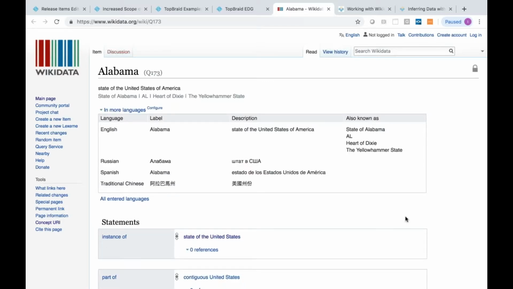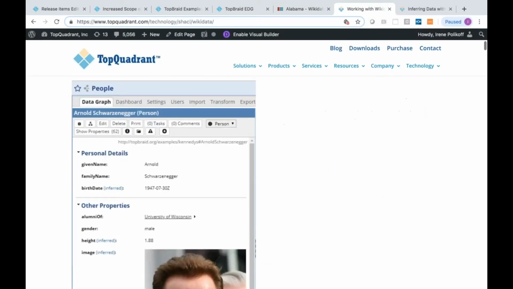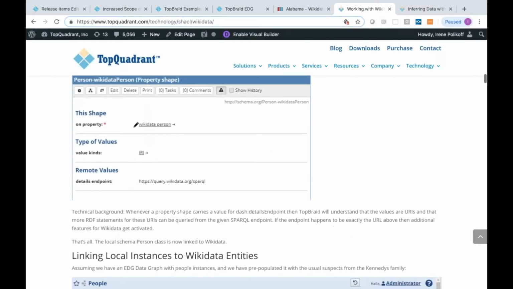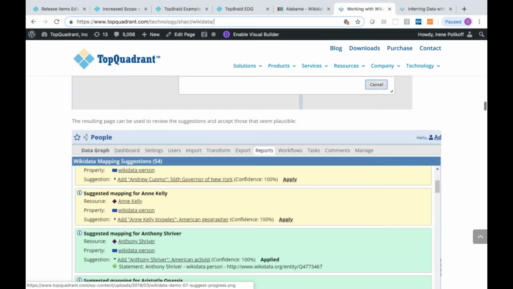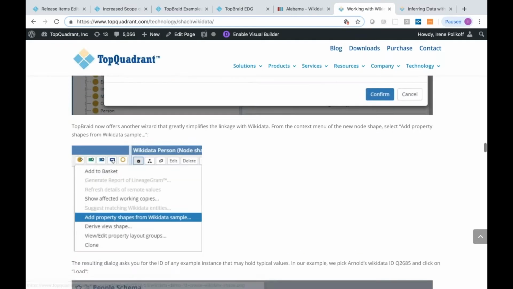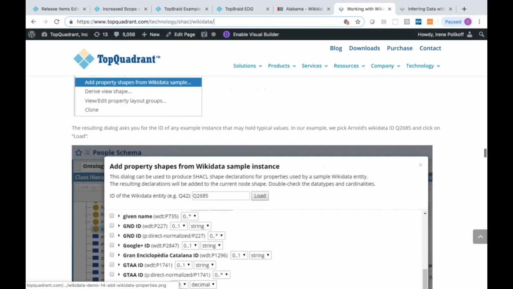Now, with those links established, probably what you want to do is actually get some data about those resources. And how you do that is described in detail here. So the next step for you, after the linking has been established, is to define which properties from Wikidata you want to get.